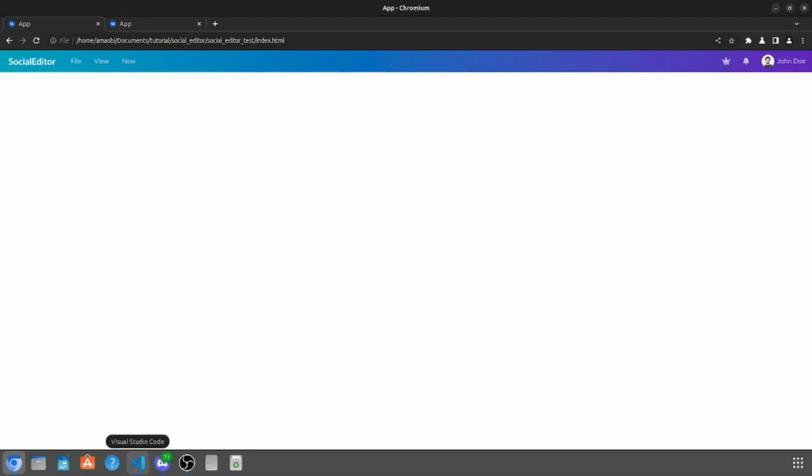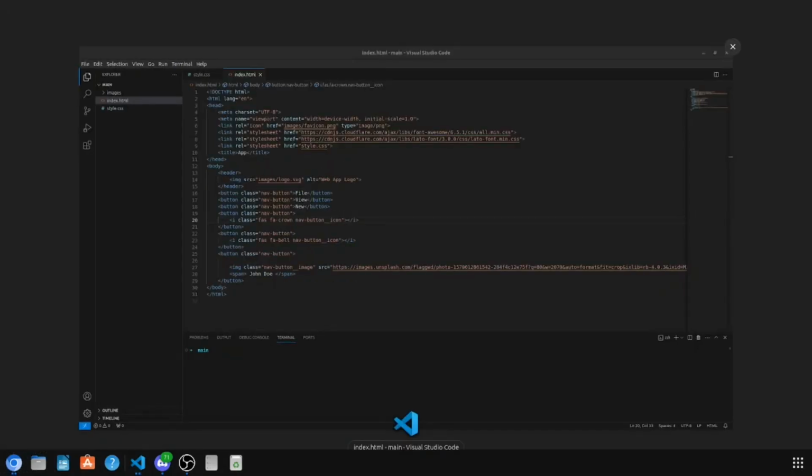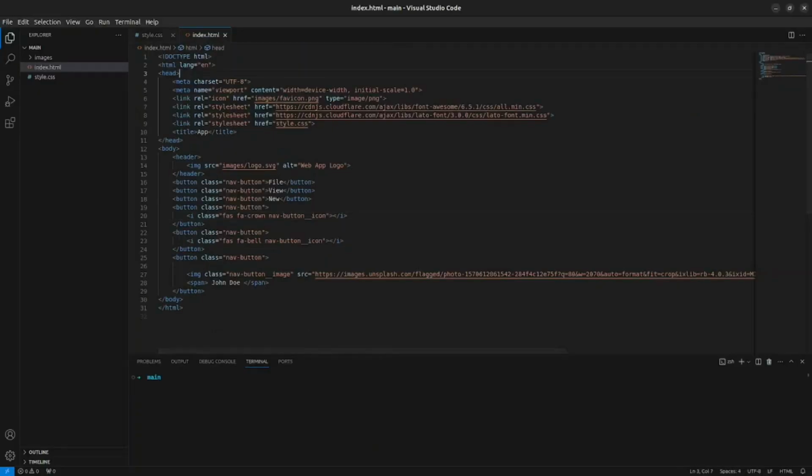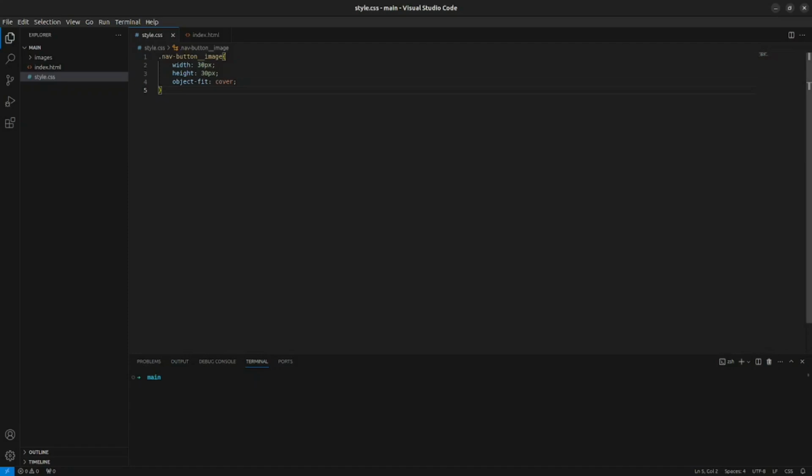So the first thing I'm going to do is give it a height of 50 pixels. So I'll come over here, I want to put it at the top here. So I'm going to say header, because that's the name of our component. I didn't give it a class, I just want header, and I'm going to be styling the header. So I'm going to give it a height of 50 pixels, and for starters I can say background color,